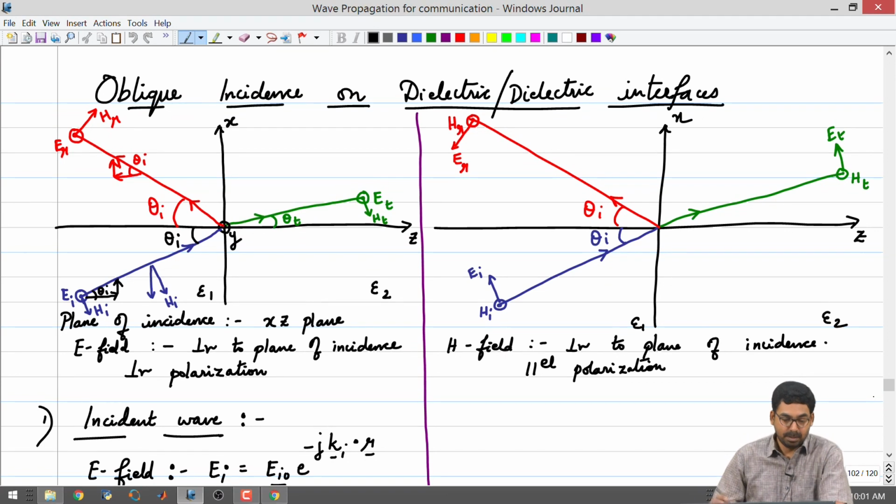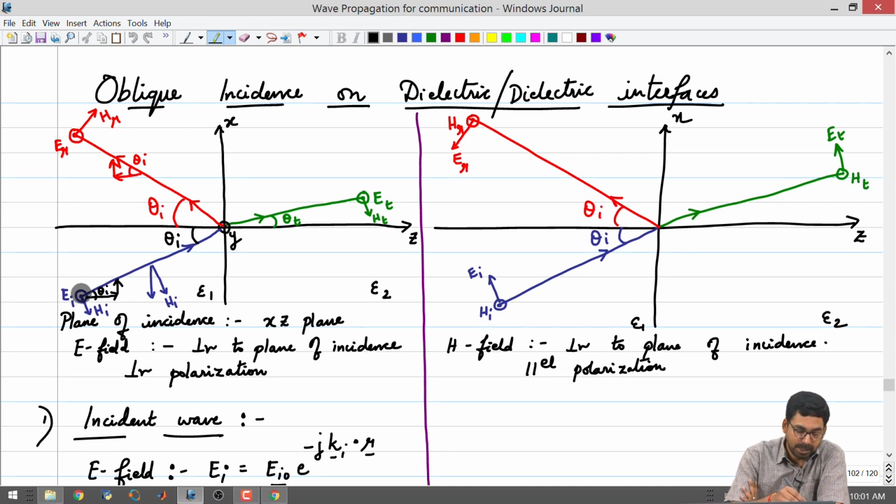We'll get started. Just briefly go over what we had seen in the last class. We had divided the number of configurations into two for oblique incidence. We defined what is known as the plane of incidence. It is the two-dimensional diagram that we draw on the paper, describing the interface and the direction of travel. And we saw two configurations for polarization which was possible.